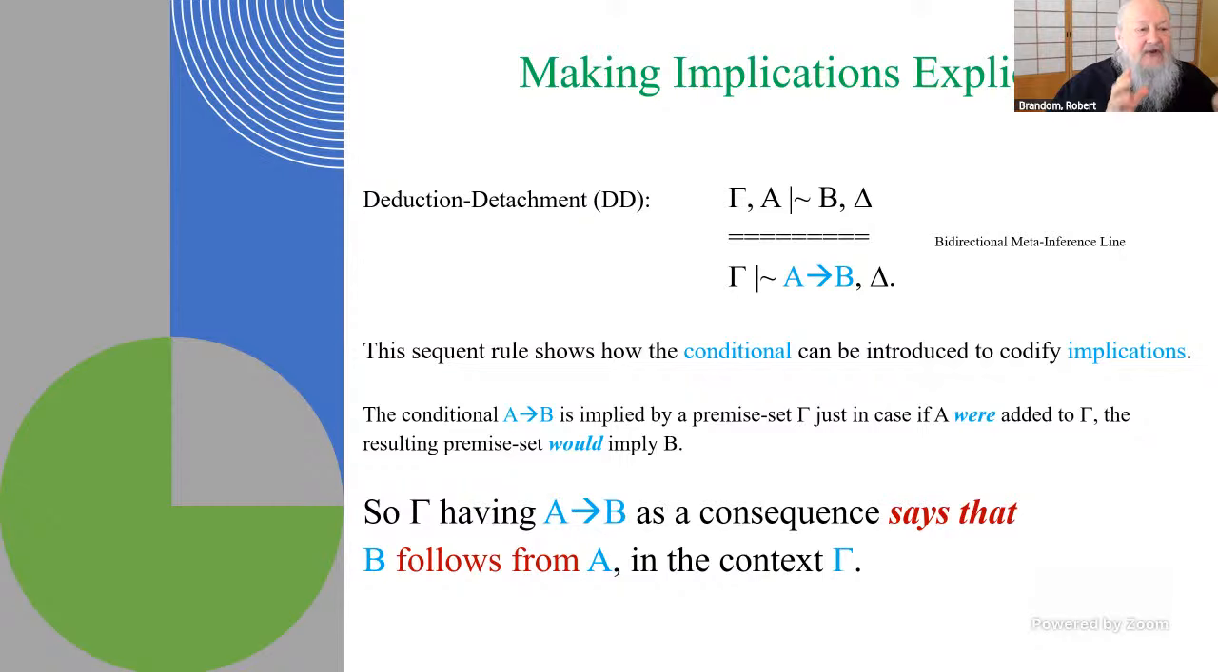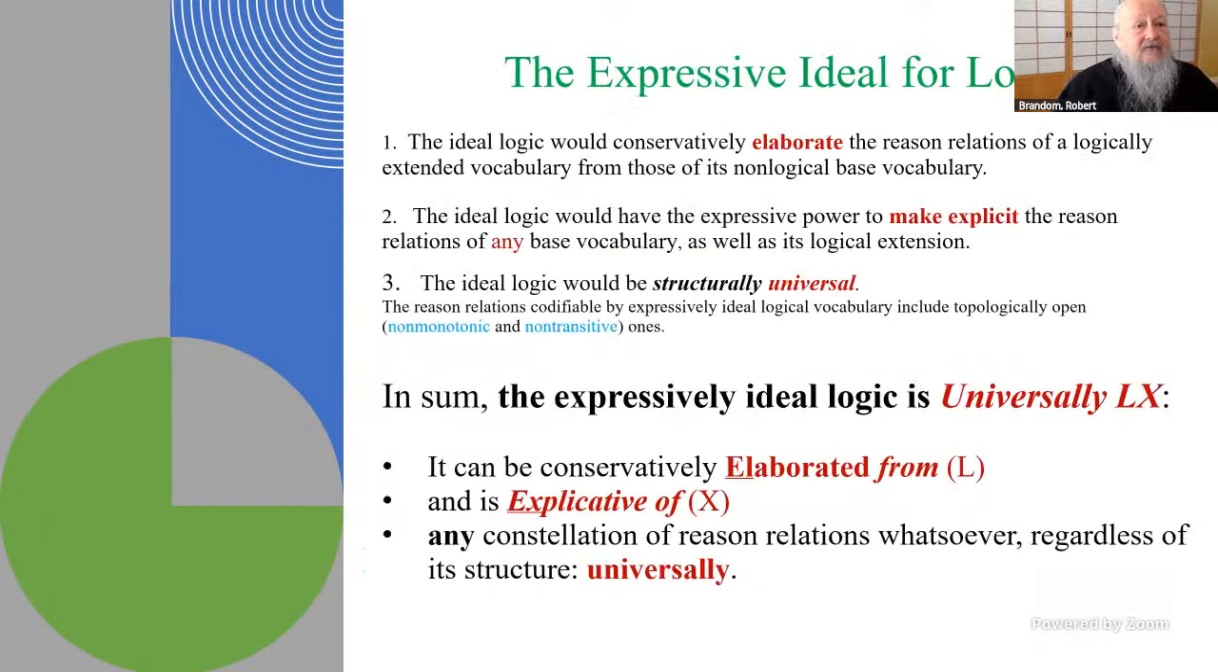That gives us a fairly clear sense in which gamma having A arrow B as a consequence says that B is implied by A in the context gamma, or the context gamma on one side, delta on the other. And we can tell a similar story about how implication of negations codifies incompatibilities in the form of inconsistencies, and so does for reasons against what implication does for reasons for. So this logical expressivism